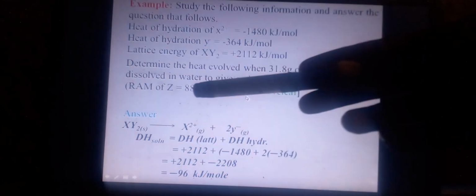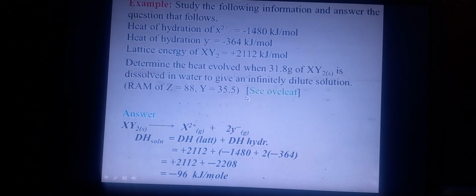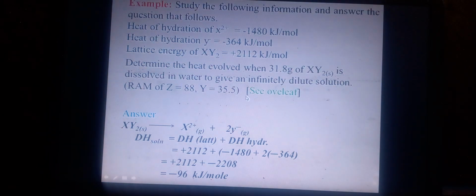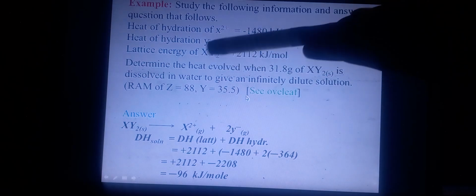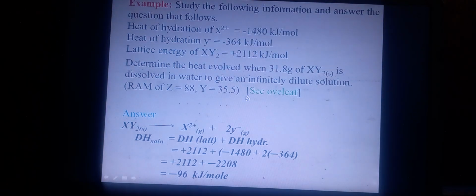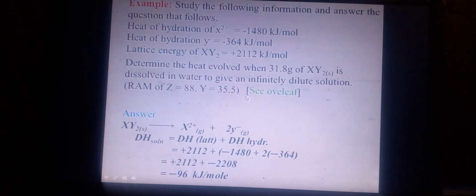They have given us the RAM of X to be 88, that is the molar mass of that element, and Y is 35.5. When you get the sum of the masses of X and Y, it will give us the molar mass of that ionic compound. So first of all, I want us to look at this diagram